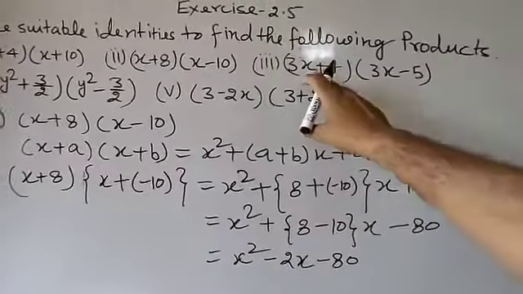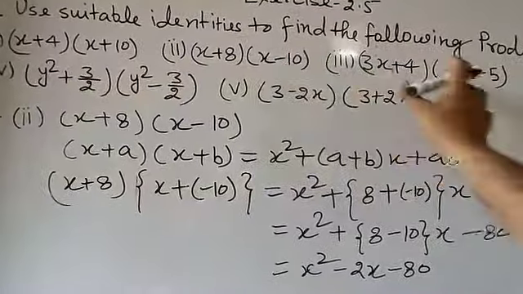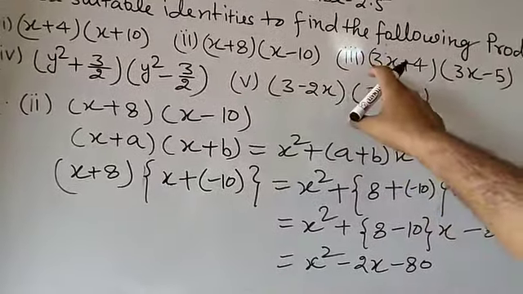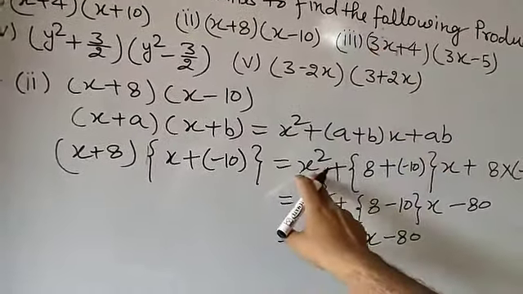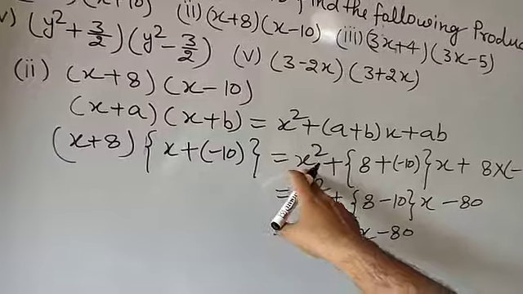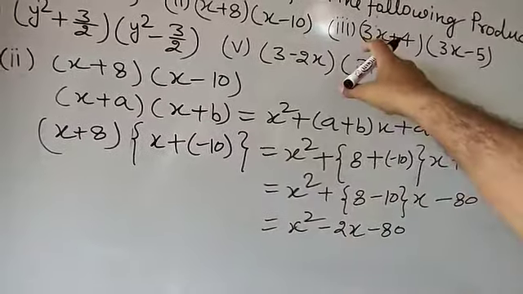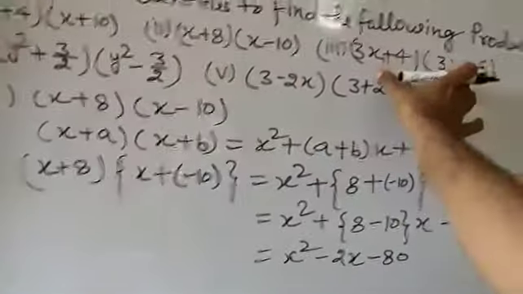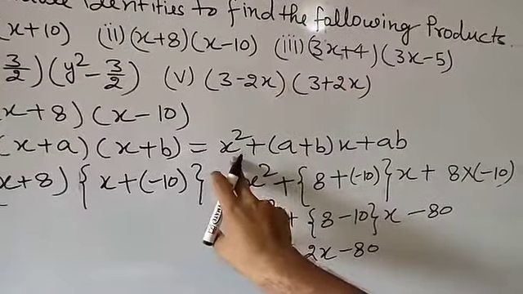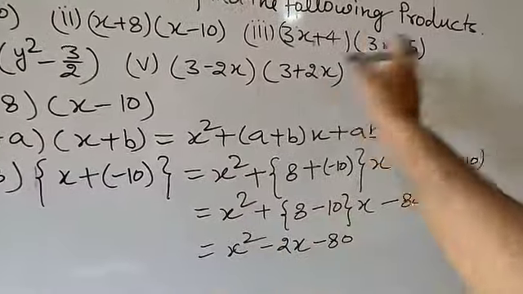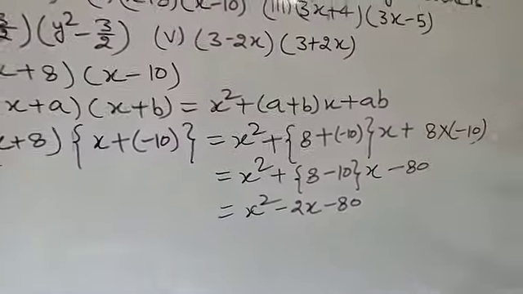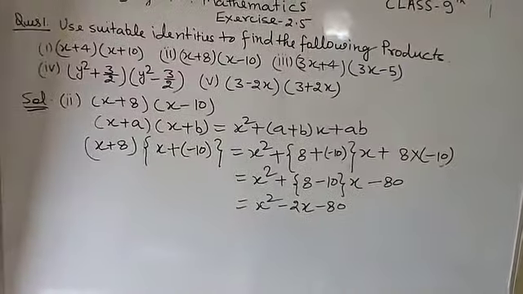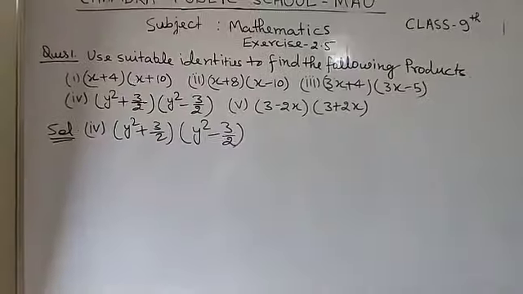Now if you are going to compare the third, it is in the same way, only at the place of x here it is 3x. So here in the solution you will write 3x square, that will be 9x square. If you are going to solve the third, at the place of x you are going to get 3x, so it will be 9x square, and in the same way you will solve the third part. So students, you need to solve the third part by yourself.